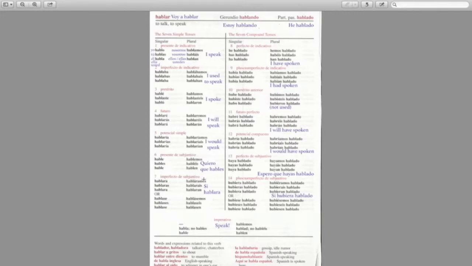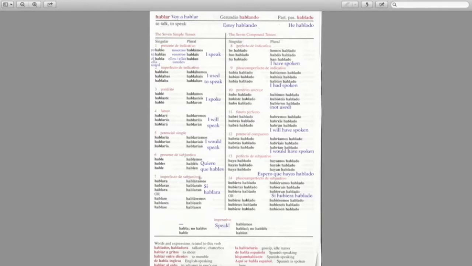So what that is that when verbs are in the indicative mood, it means that the speaker is indicating that that verb happened. So if I tell you, I speak Spanish, or I'm studying Spanish, or I'm going to do this, all of those statements indicate something that is real, or that the speaker believes is real.